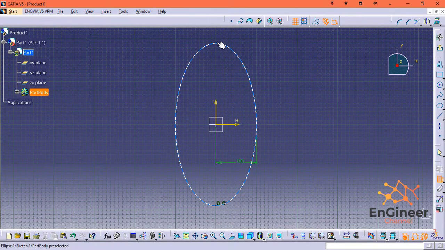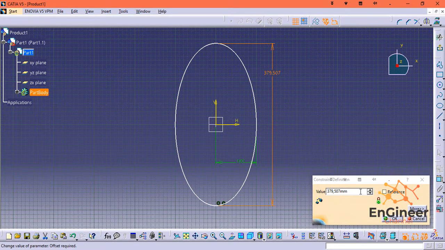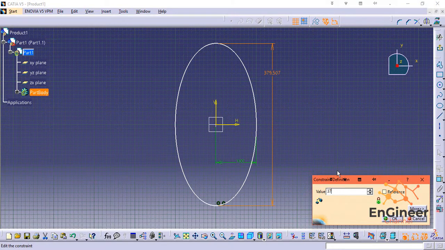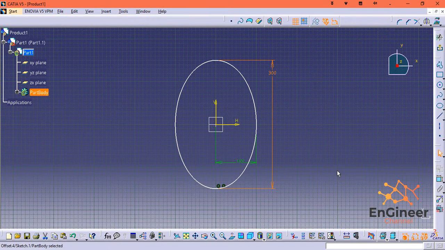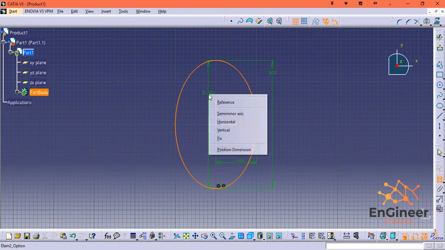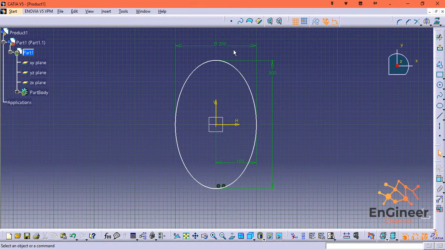And here, the other side of the ellipse, we will make 300. Okay. And this one, 200. Okay. We exit